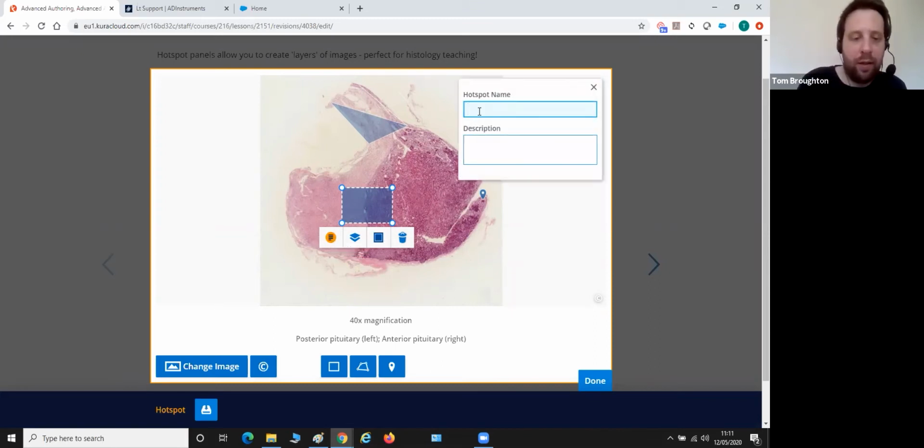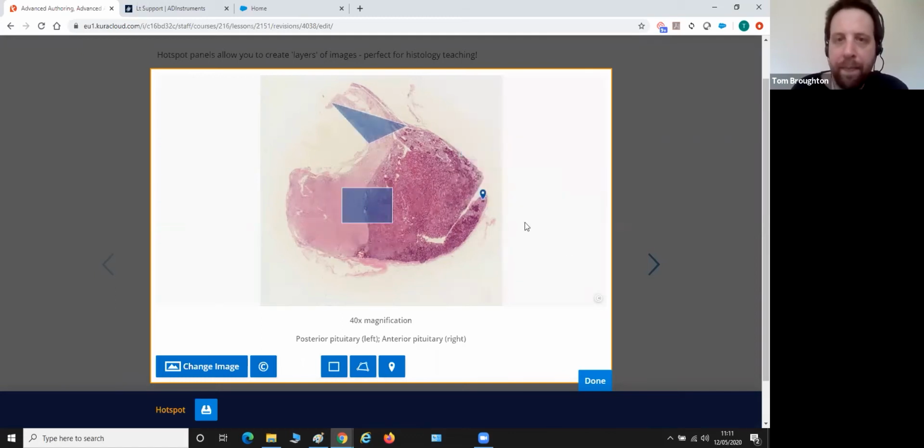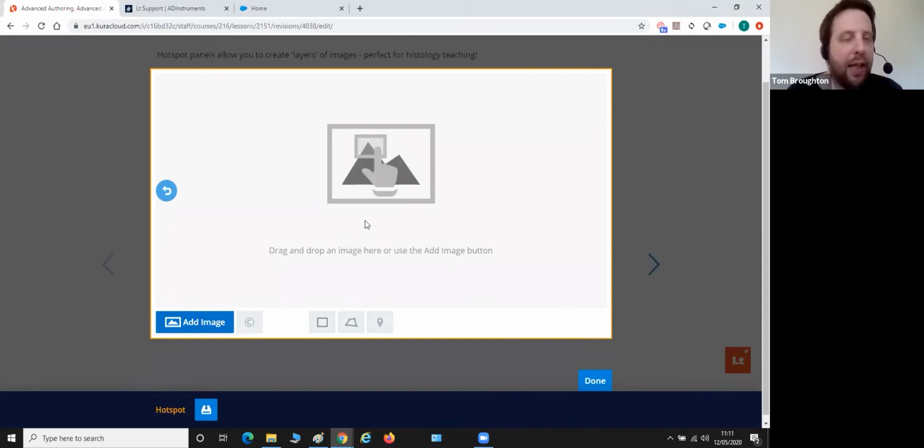So I can say, give a description if I want. And then I have the option of changing the color or deleting the region. But I also have the ability to edit layer. What this will do is allow me to zoom in, and I can then add an additional image in this layer. You'll see at the left-hand side, I have an arrow that allows me to jump back out to the layer above. But for now, I'm going to click Add Image and